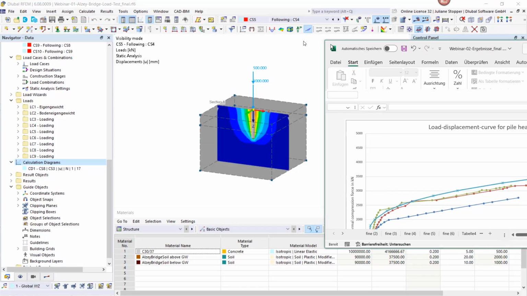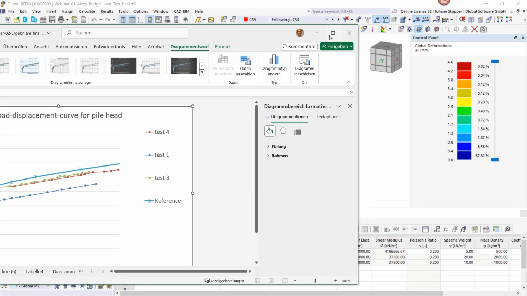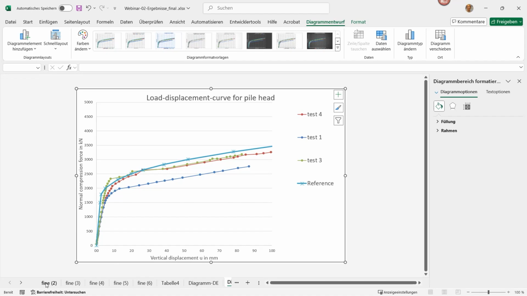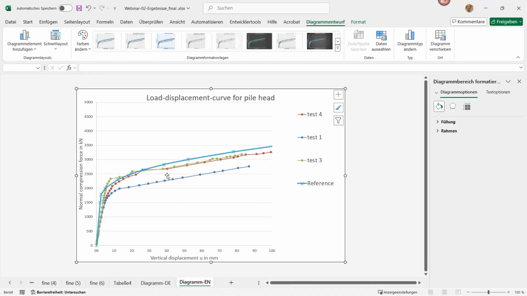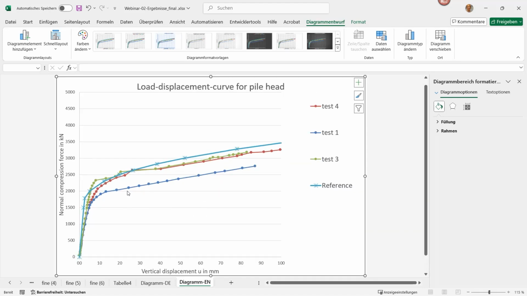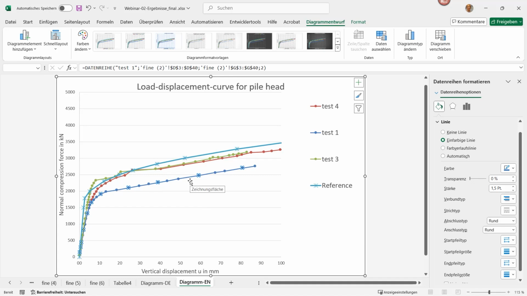I want to show you here. So this is actually it. We have the values from the program, and then I have also put it together with the reference curve, and we can see here this curve was the first one I received from this calculation we did prepare together. And the reference solution is here, the light blue, and we see that we are a bit far from that